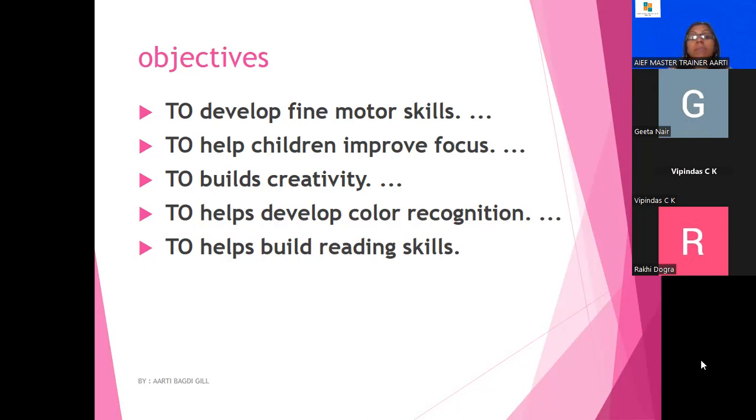Now, it is also building creativity, right? Me as an educator, I very well know out of my 20 children who is in a stage to nurture that creativity of the child. Very interesting, right? Every child is creative. We always say this. We have a mission and a vision clear in our mind that every child is unique. But still, there are certain children who are meant for creativity only. So this is building your creativity. It helps develop color recognition. Color recognition, as a special educator in the school, the special educator,